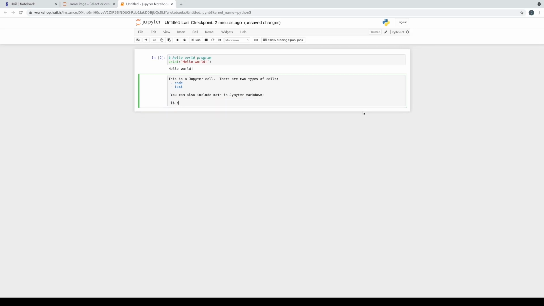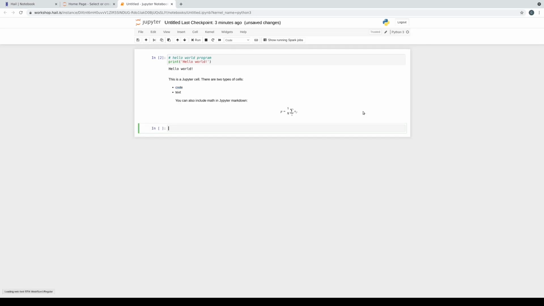Let's say this is LaTeX for, let's say, mu equals one over n sum of x. Right, so this is embedded LaTeX mathematics inside of a markdown cell in Jupyter. So this is great for doing math and statistics and other documentation.